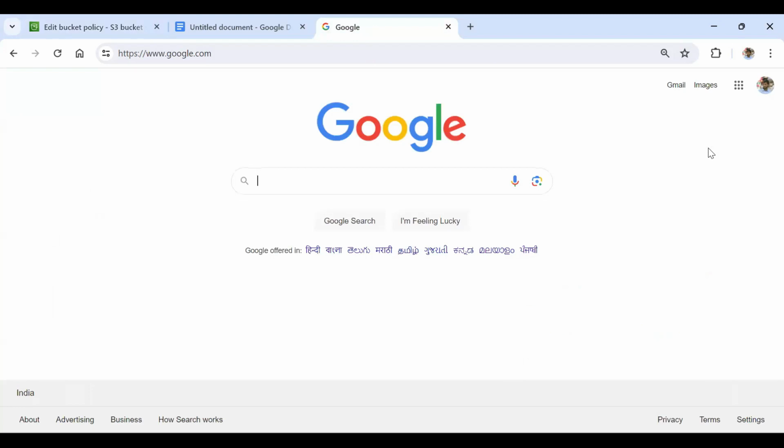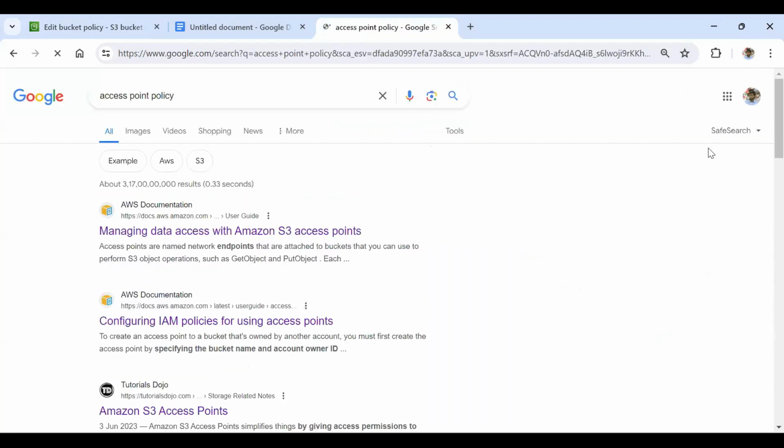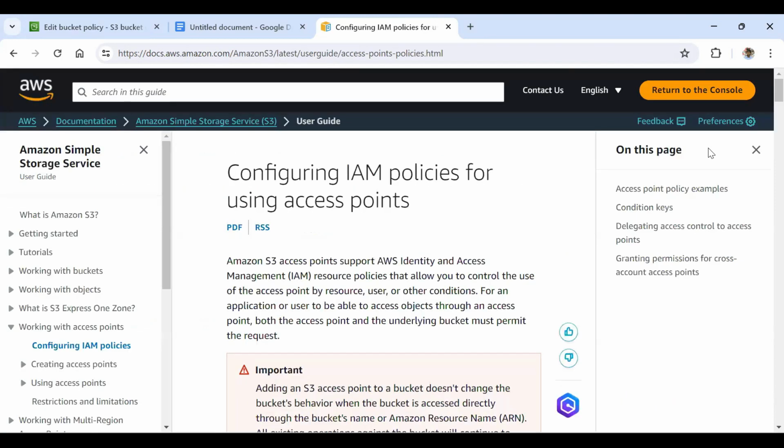So for that, what you can do is just type in Google "access point policy". Just type that one and click enter. You can see the second tab, which is "Configuring IAM policies for using access points". So click on that option, and then you will be directed to the AWS documentation where different IAM policies are